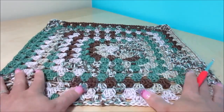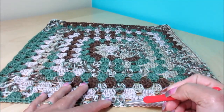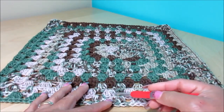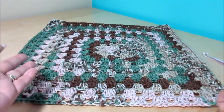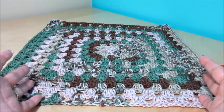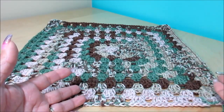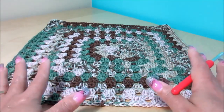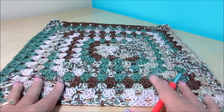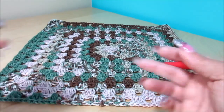We're gonna do 4 granny squares like this. This one has 12 rows. So if you want this one a little smaller, you will do 11 or 10, depending on the size that you do in these 4. Or if you want it bigger than mine, you can do 13, 14 rows, 15, as many as you like. But you have to keep in mind that you don't want to lose the shape of the blouse. So I'm gonna start